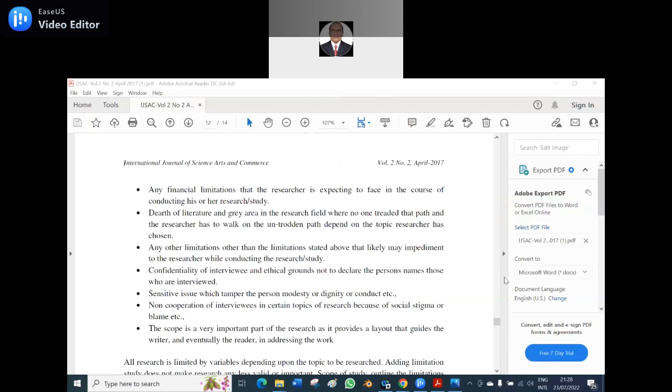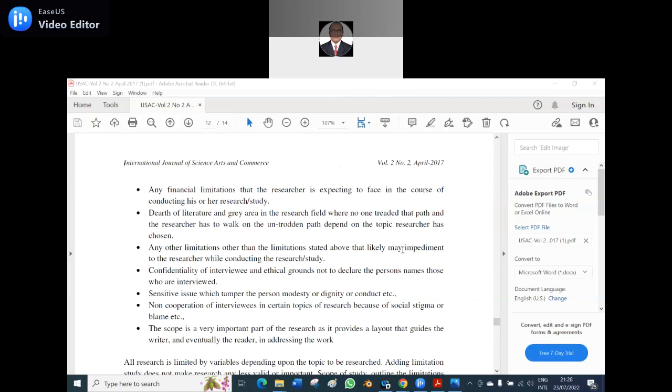Yeah, the limitations of the study. Any financial limitations that the researcher is expecting to face in the course of conducting his or her research, and the depth of literature, a gray area, would be there. That is the second bullet, and the third bullet is any other limitation other than the limitations stated above that is likely to